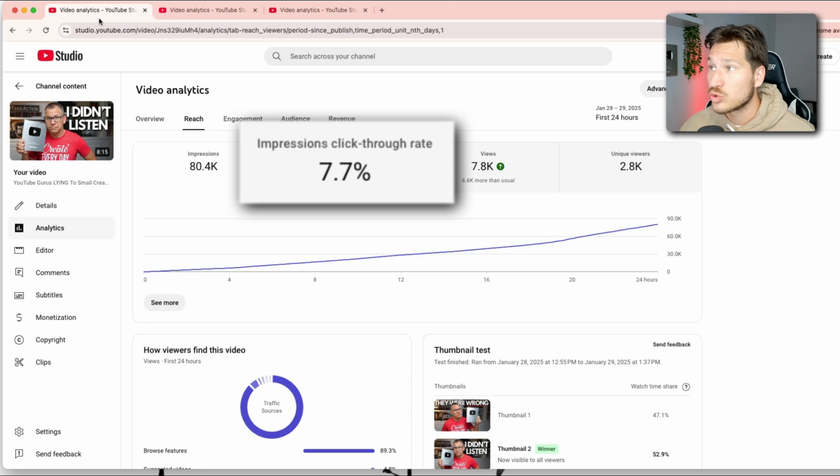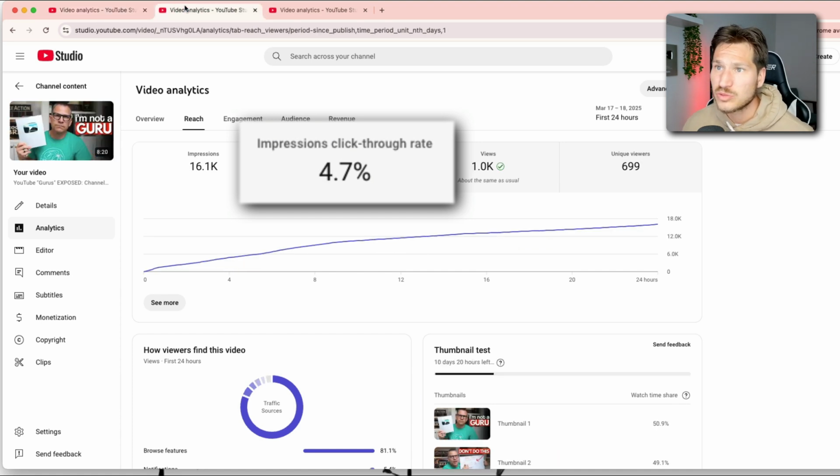This one, after the first 24 hours with 80,000 impressions, still had a 7.7% click-through rate, which is extremely high, which is amazing. Okay. The next one, 16.1K impressions, 4.7. So it's a little under our 5%, but it's not terrible. Okay. So I really wouldn't necessarily make a change on this, because I will say we also do split testing,